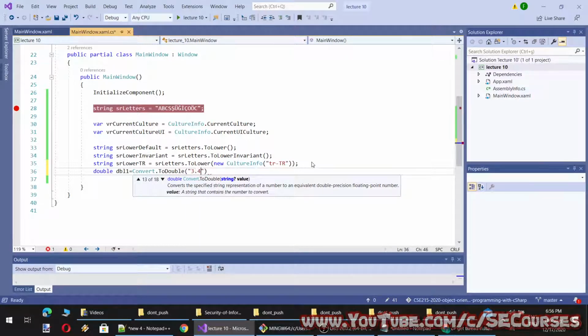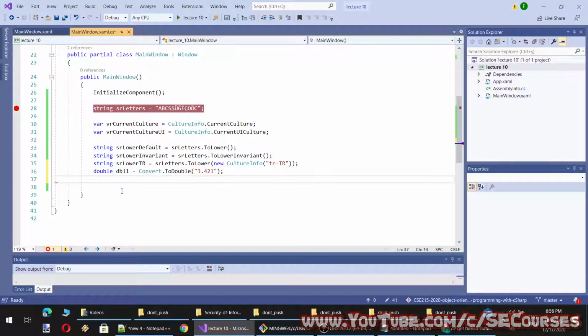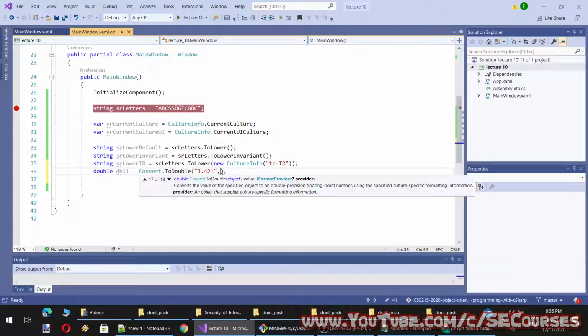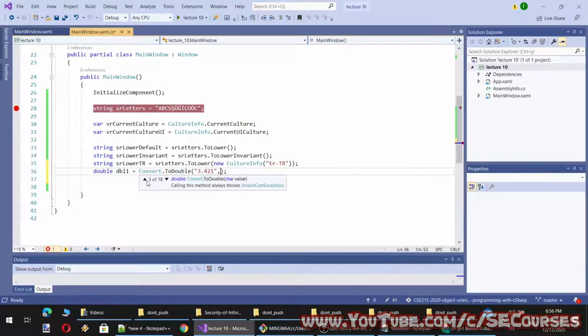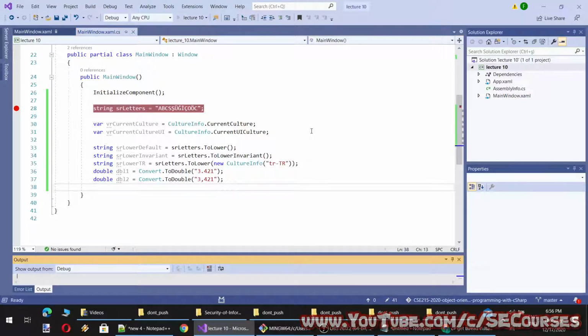Let's convert this one. And does this take culture anywhere? Okay, and then dbl2 like this. Okay, let's run the application.